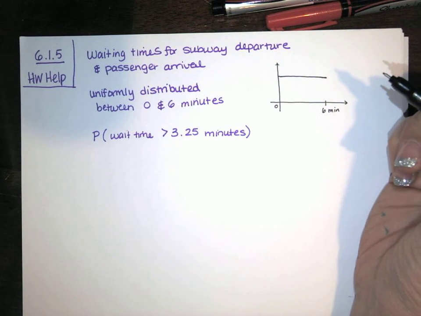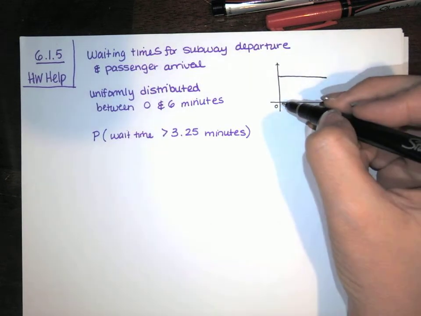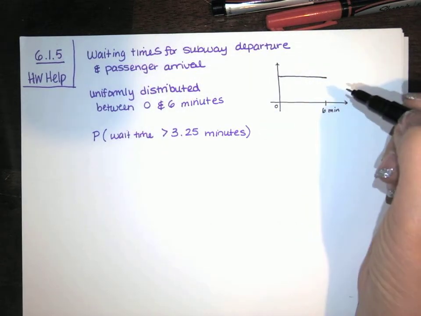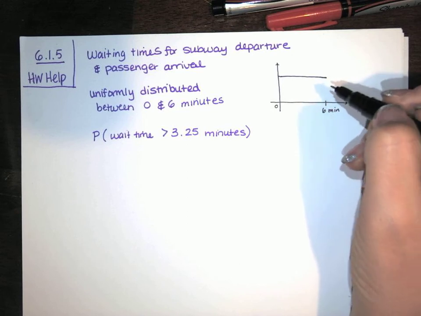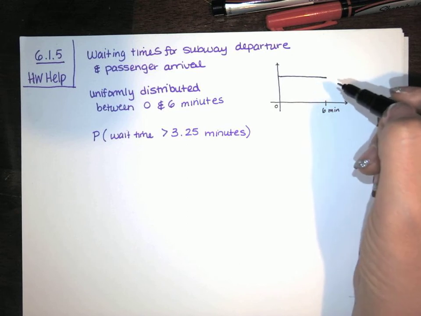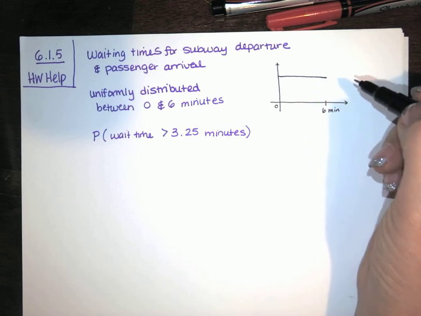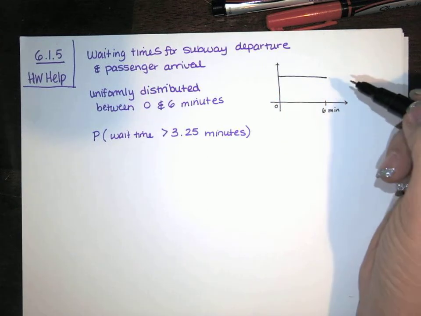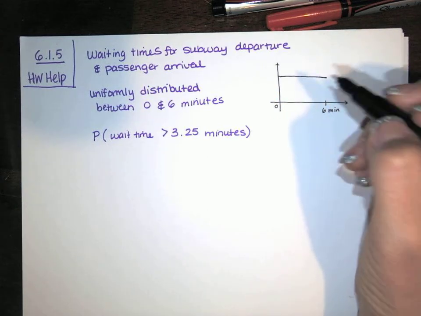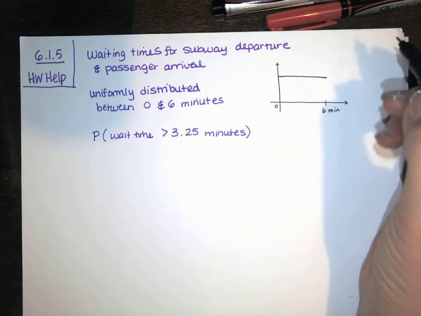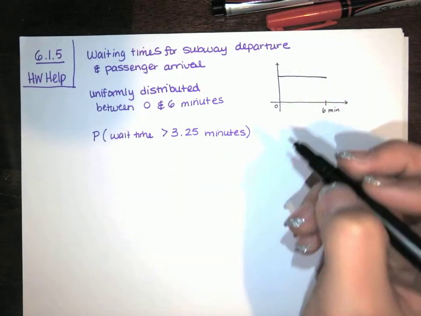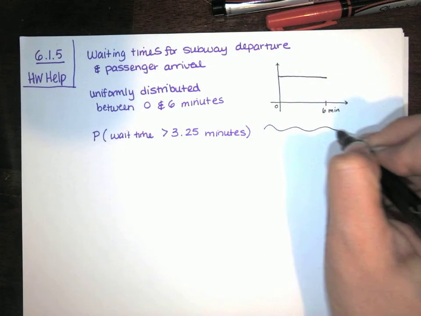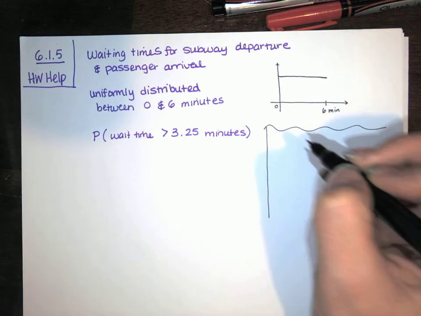And we need the total probability, the probability of waiting between 0 and 6 minutes, to be exactly 1, because you have 100% probability of waiting somewhere between 0 and 6 minutes. You're going to wait between 0 and 6 minutes if you show up for this subway. So we need the area under this curve to be 1. So for total area to be 1,